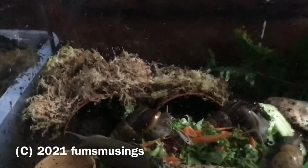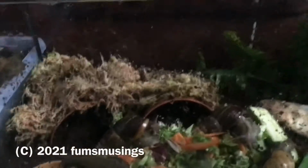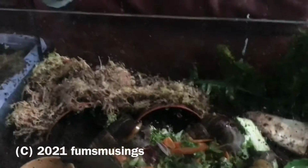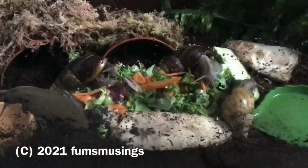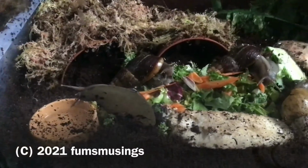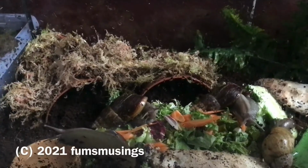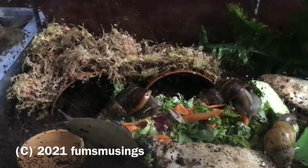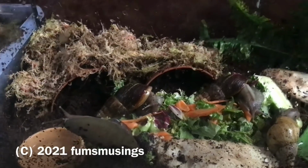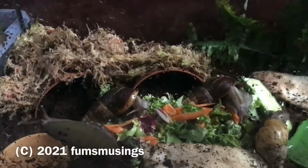Okay, so you'll have to excuse this slightly low quality. I haven't got all my lights set up or anything, because I'm just cleaning out my snails. Let me get a bit more light on the subject. So these are my adult Achatina fullica, which are also known in my house as the breeding machines, because they are constantly laying eggs. And yeah, I do an egg check every week, but I have a feeling